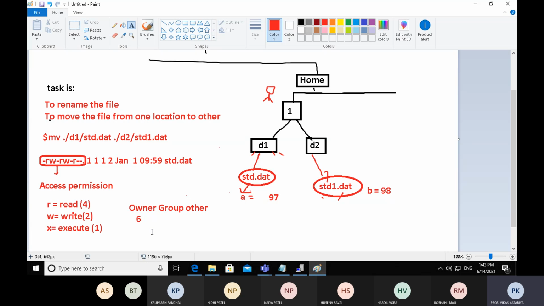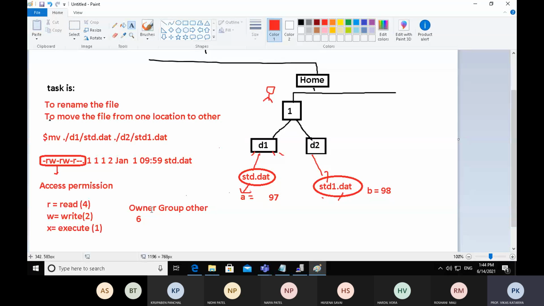So for owner, group, and other, we will provide a combination of 4, 2, and 1. Let's suppose 6, 4, 4.